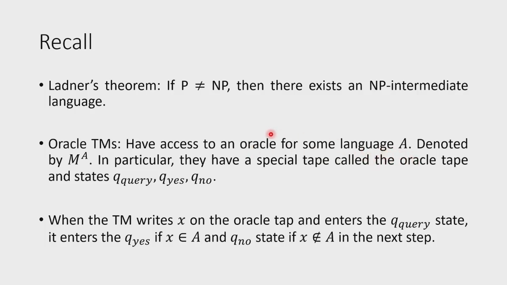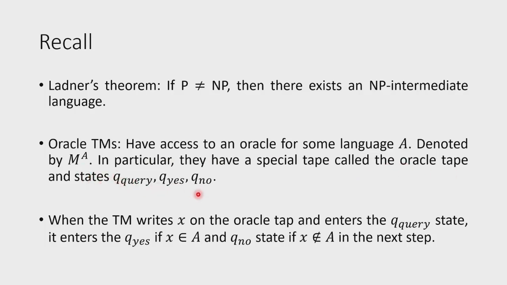You can think of it as a magical black box which decides A. If you give that black box a string x, it would say whether x belongs to A or whether x does not belong to A. So an Oracle Turing machine is a Turing machine that has access to an oracle, and if the Turing machine is M and the language whose oracle it has access to is A, then you would denote the Turing machine by M^A. In particular, Oracle Turing machines have a special tape called the oracle tape